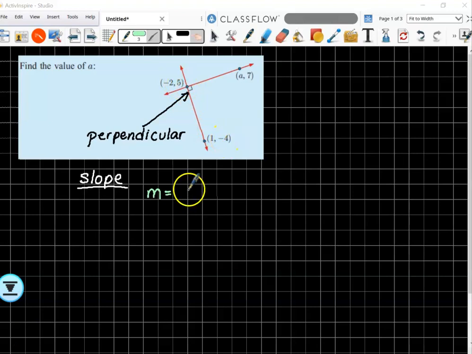Slope, change in your y value. So 5 take 4. That shouldn't take us all day to suss that that's 9. Minus 2 take 1 is minus 3. And we see, yeah, can divide there. So I've got minus 3 over 1. But how is this going to help me find A? Anyone? Anyone? Anyone? Keita's on a mission, yep. The negative reciprocal. So we can now say that therefore the slope of this line should equal